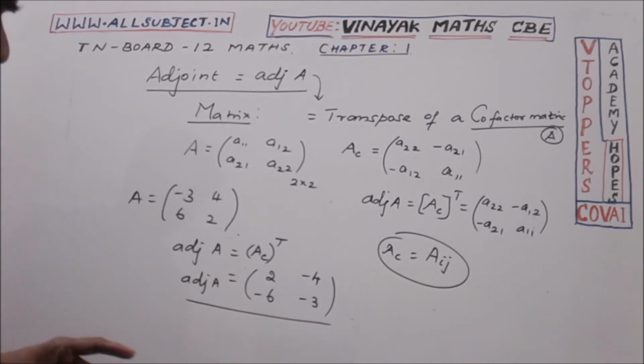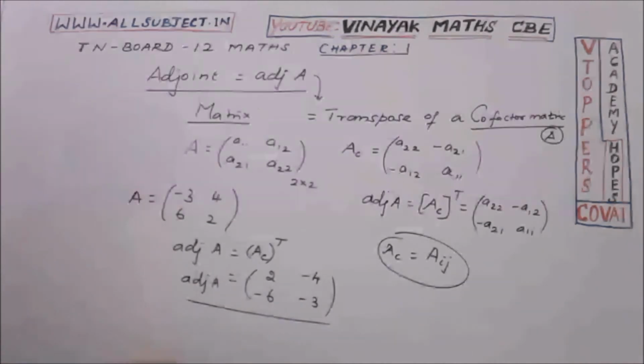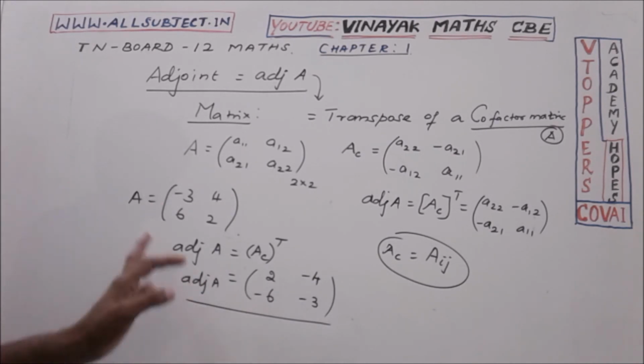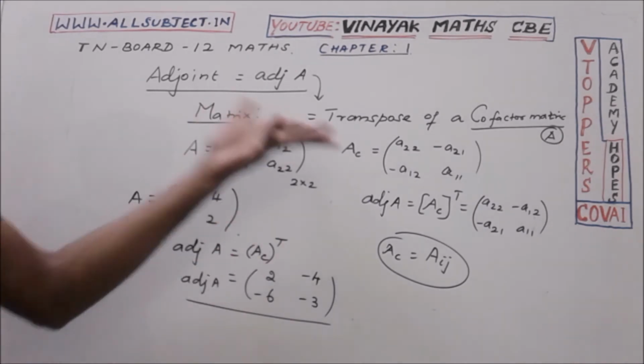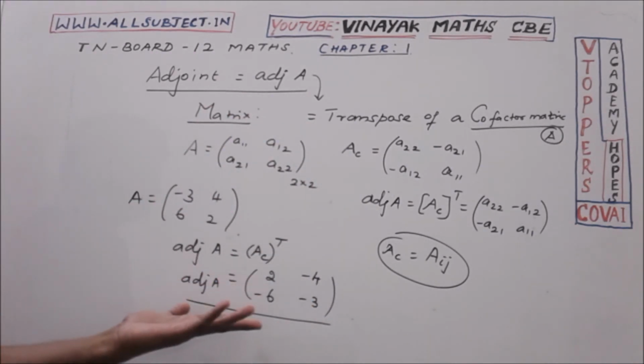We can directly move to the adjoint when it is 2 by 2. If it is 3 by 3, a little difficulty appears, that's all. It will take some time, not difficulty, it will take some time. Okay. So for every 2 by 2 given matrix, to find its adjoint, you can follow this. I think it will be very interesting to you.